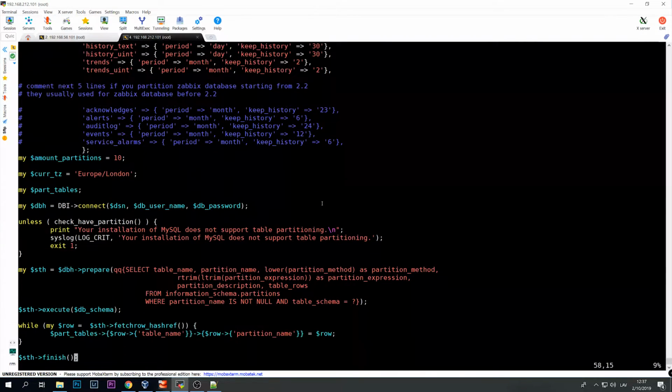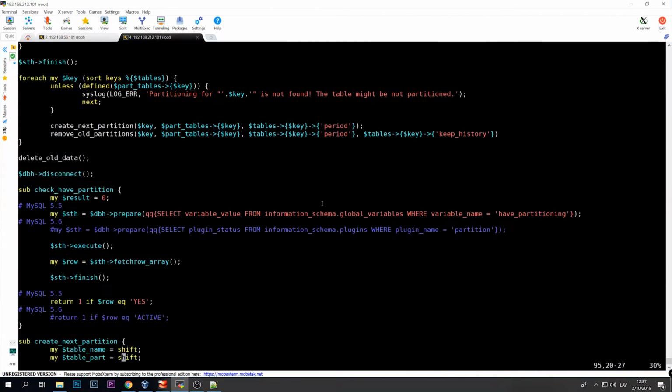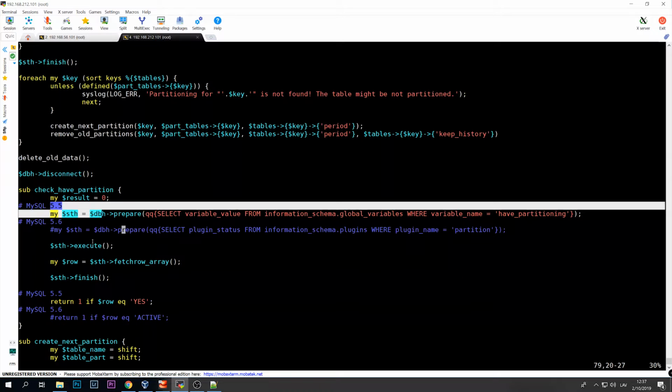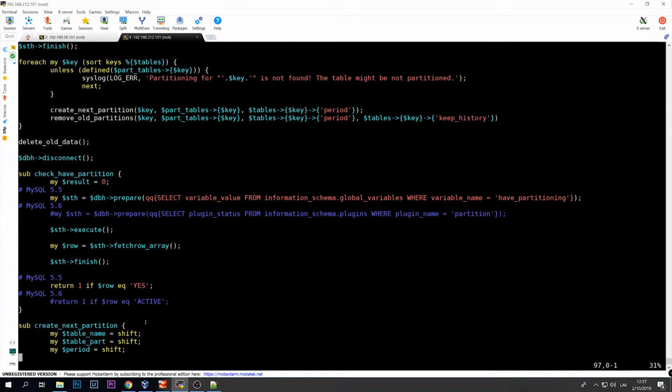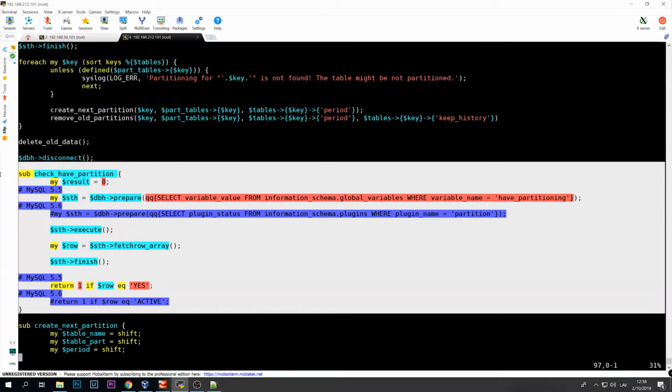Then let's go lower. Don't need this. MySQL 5.5. So based on which version you have, you need to comment these lines. See, for 5.5 we use this, for 5.6 we would use this, so comment and comment. And again 5.5, 5.6. Important information, if you have MySQL 8, the newest release of MySQL, it is also working. The script is working with MySQL 8, except